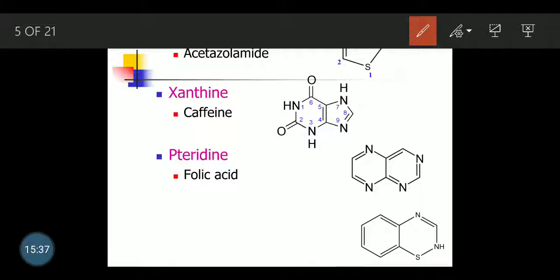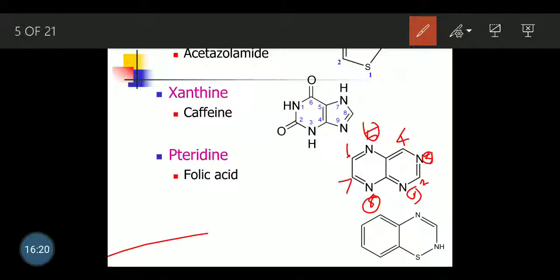Like for example, in this case we are going to start the numbering from this ring, in which the relative position of nitrogen is 1 and 3. We are starting with this nitrogen, 1, then it's 2, then 3, then 4, then we are going for 5, 6, 7 and 8. So in this case 4 nitrogens are getting the relative positions, or the numbering is getting the positions by 4 nitrogens in this pteridine: 1, 3, 5 and 8. These positions are taken by nitrogens in the pteridine ring.